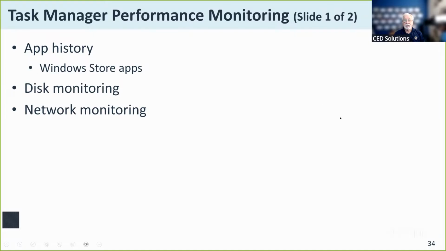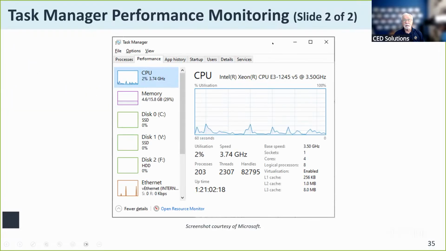One of the things that I can look at on the task manager is this performance monitor. And it tells me for each and every, well, I can break it down further. We'll show that in just a moment, but it tells me here what the utilization is of the four major components in my computer.